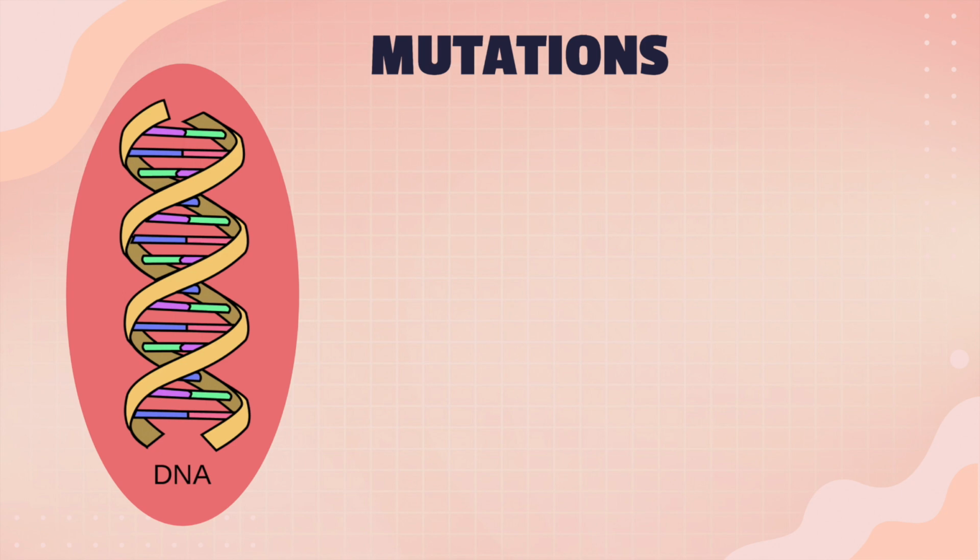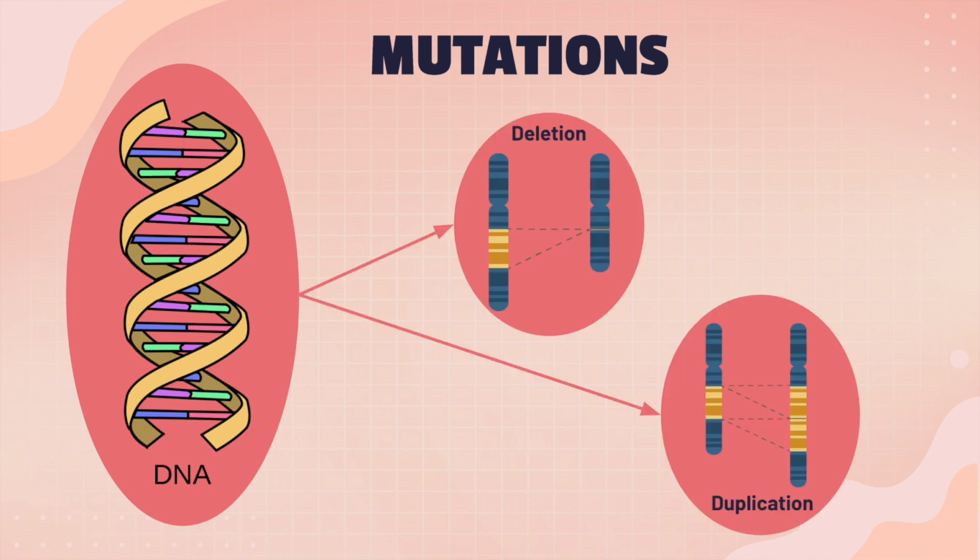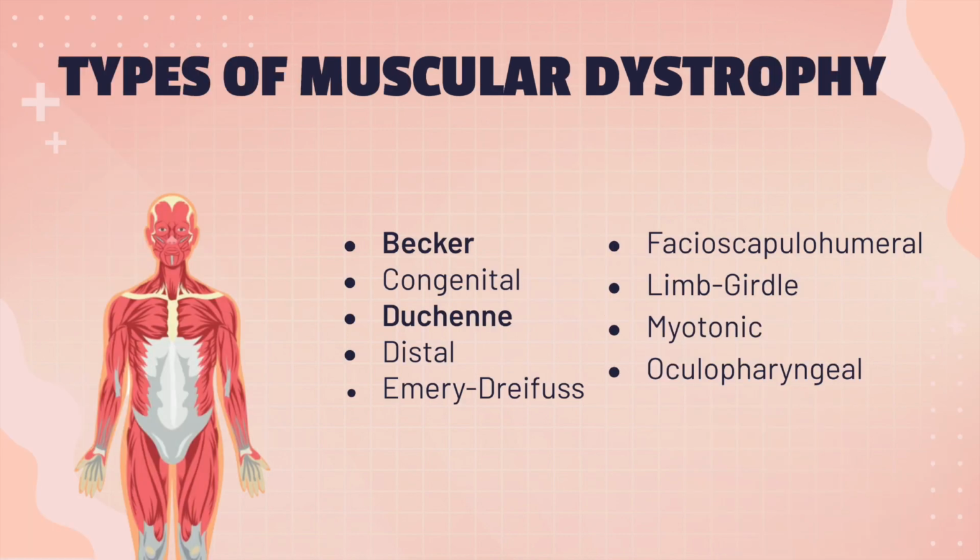We would like to highlight two types of mutations, deletions and duplications. Deletions occur when a part of the genetic code is missing, while duplications occur when extra sequences of the genetic code are added. Muscular dystrophies are a class of conditions caused by genetic mutations. This class is characterized by progressive muscle weakness and loss of muscle mass. Over time, this decreases mobility, makes it difficult to complete everyday tasks, and can lead to deformity.